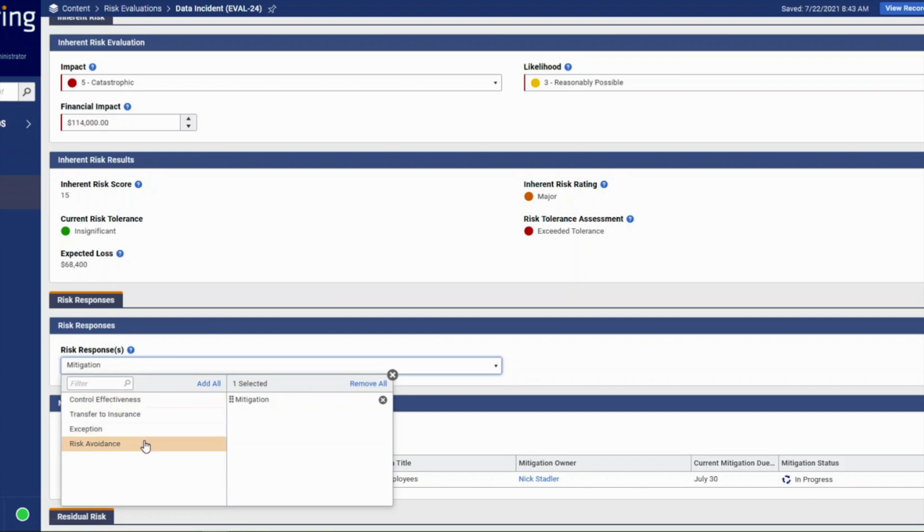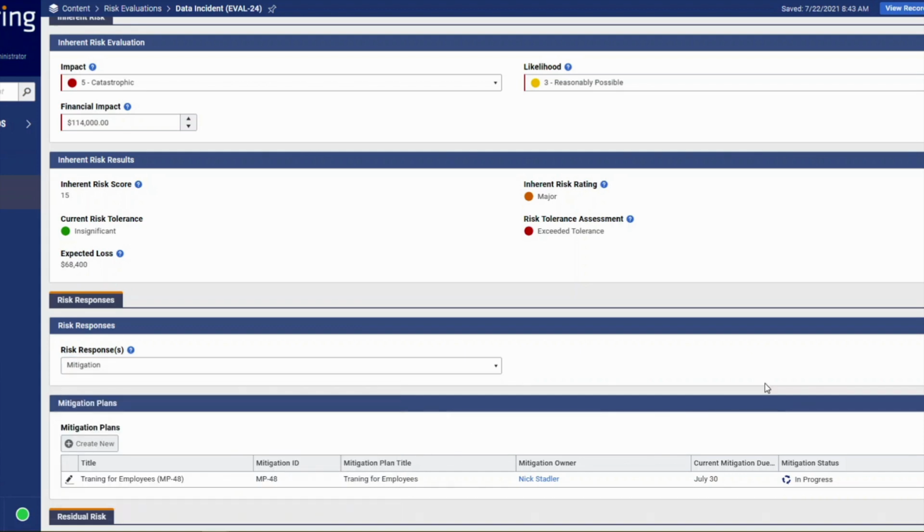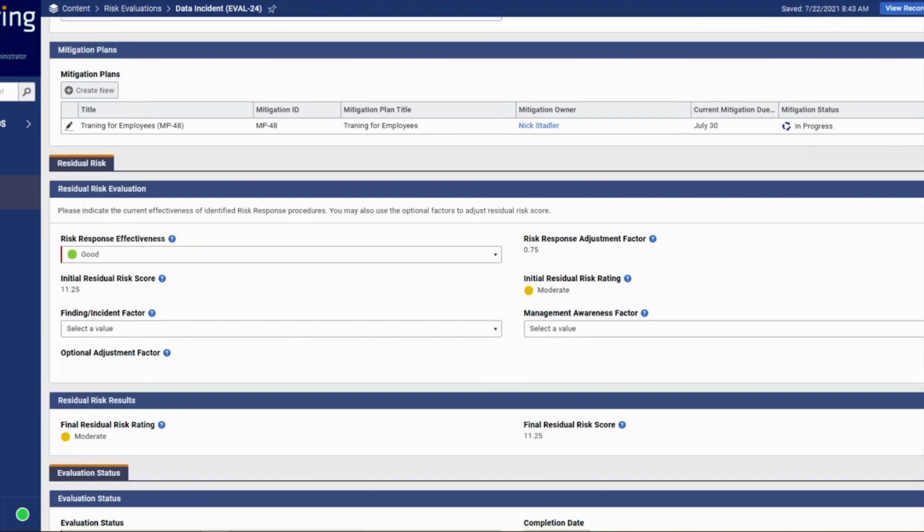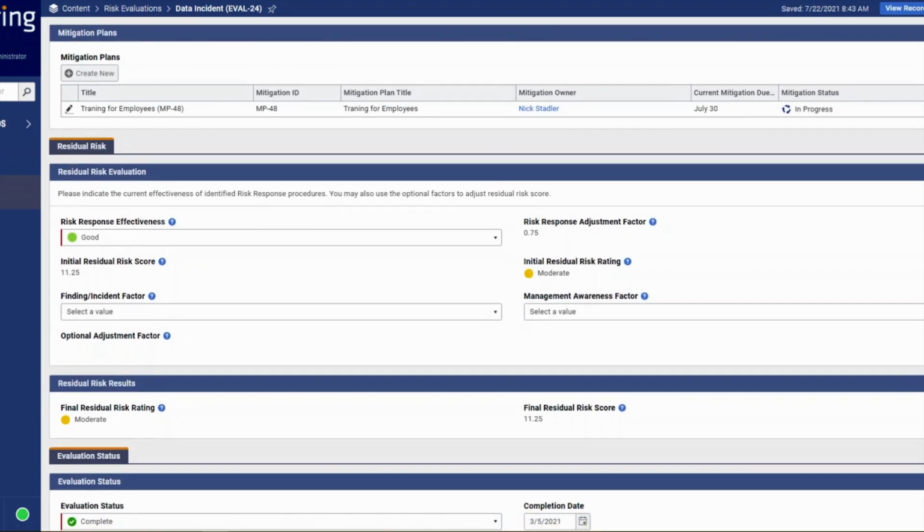When it comes to treating risk, we need a plan and a place for everyone to access the plan. A place that includes tasks, due dates, and owners assigned to this plan, or maybe multiple plans. This gives us the opportunity to evaluate based on the effectiveness of our response. What does that do to my risk score? Here, we see that a good response reduces our risk score quite a bit, bringing us down to a moderate